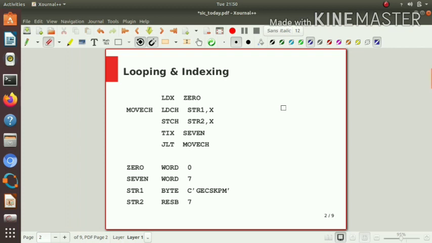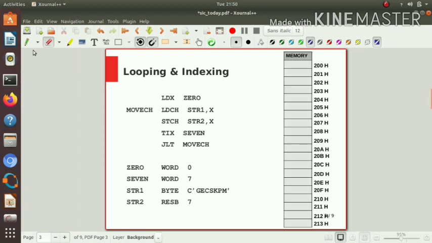Okay. If you are considering this 0 word 0, that will create a memory constant 0 with value 0 in it. That is actually a word.